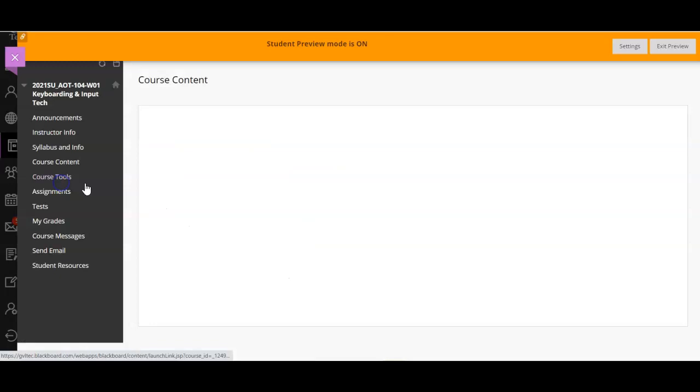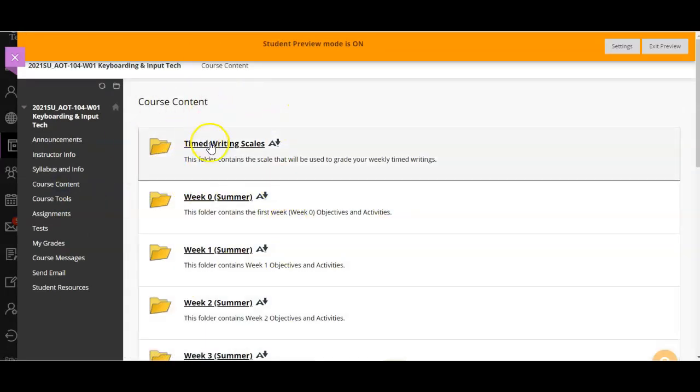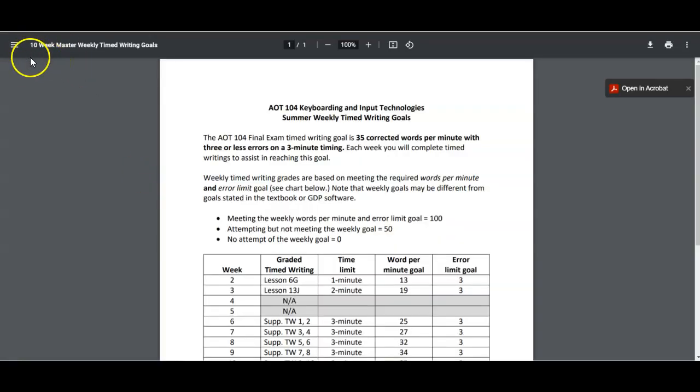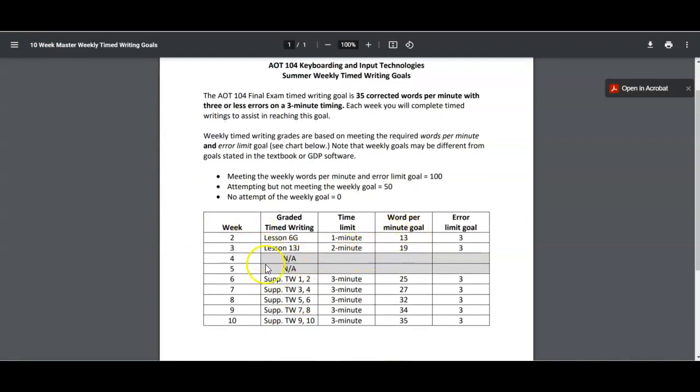If you go to course content, hopefully this is very organized for you. The first thing you see is the timed writing scales. We will have timed writings in this course each week. And so we can look at this and you'll see that it's set up by week. And it tells you what the timed writing is going to be, and this may change a little bit by the time you see it,